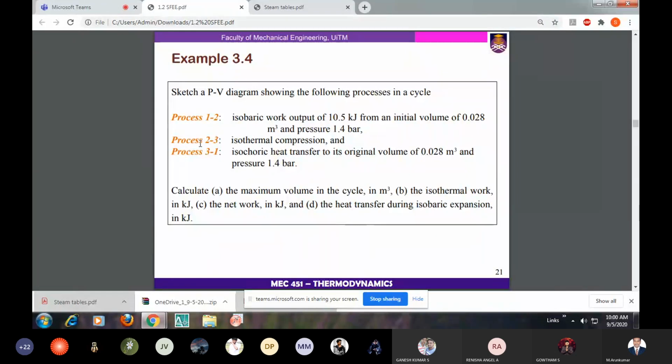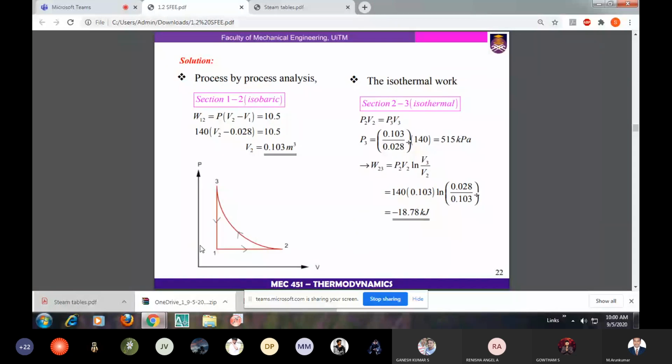Then process 2-3 is an isothermal compression. Then process 3 to 1 is an isochoric heat transfer. These 3 processes will give you the cyclic process like this. So process 1 to 2, that is isobaric process. Then 2 to 3, isothermal process. Then 3 to 1 will be isochoric